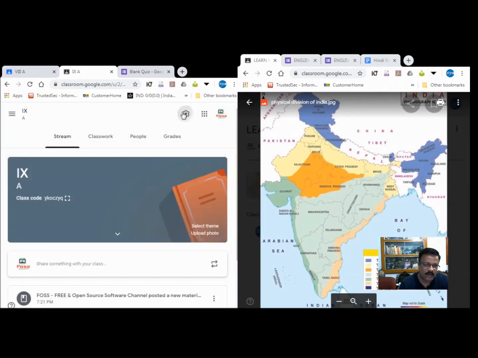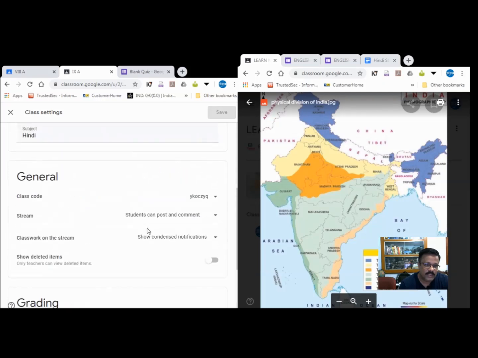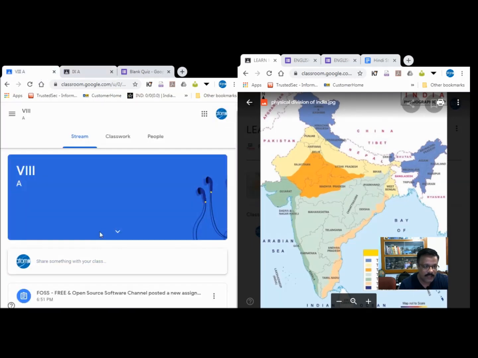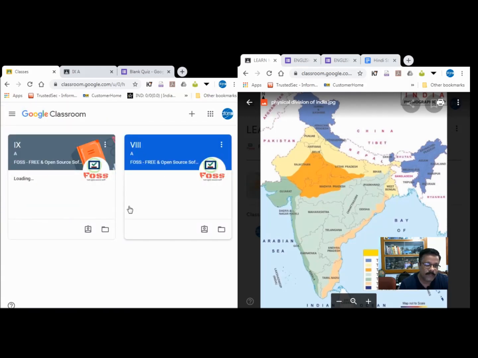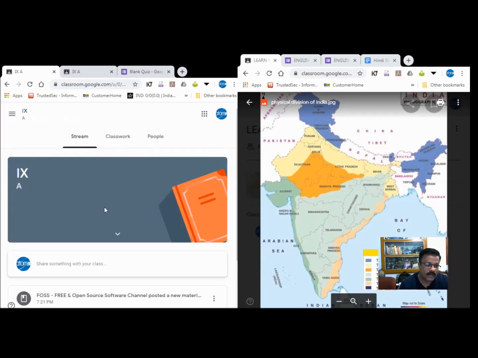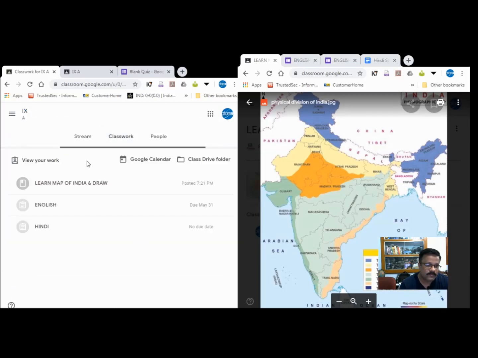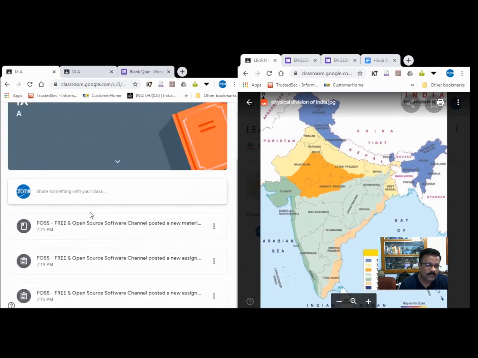The teacher will share this code and the student will use that code in the classroom to access the assignment. Now if the teacher changes the code, the same class code the student was continuously using, if I change the code, reset, now the class code is changed. Now this is the new class code. Now if I make another assignment, again the student will not be able to access it with the old code. This is the class code. Now these are the assignments.